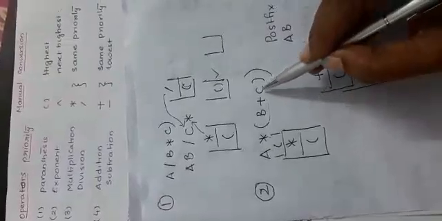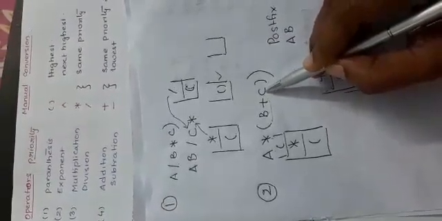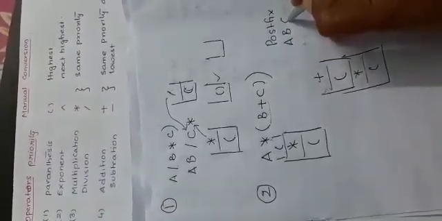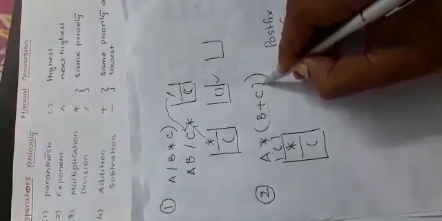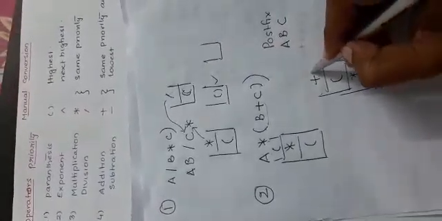Okay, after that C. C is an operand, so add it here. After that there is a closing parenthesis. So whenever a closing parenthesis comes, simply pop this and add it here. And after that remove this and this. Now we are having these two.